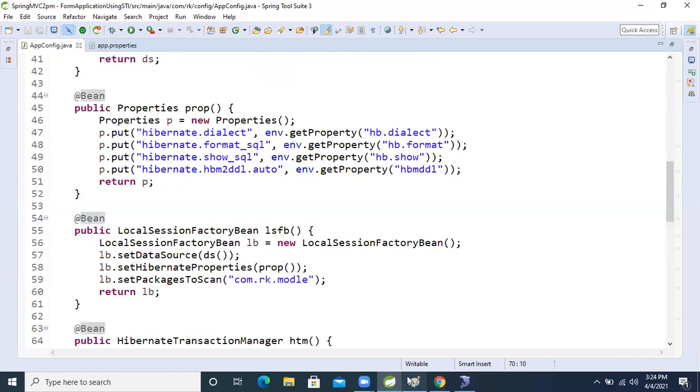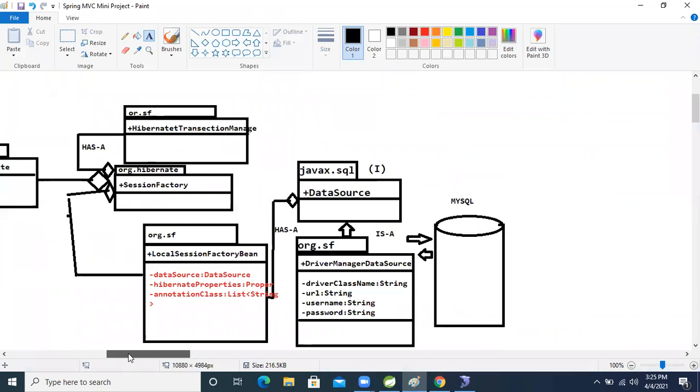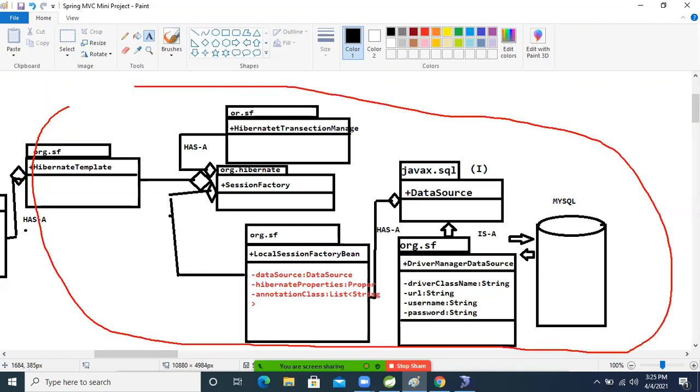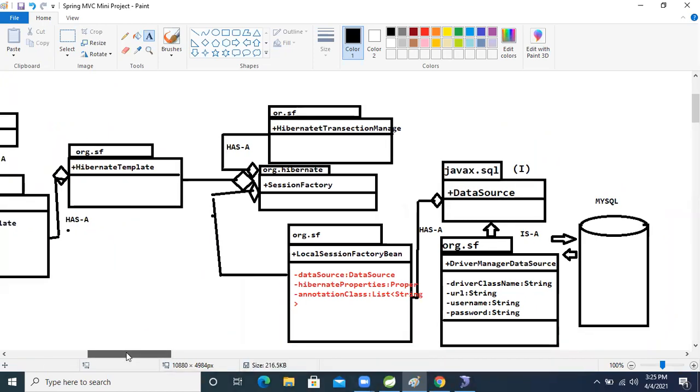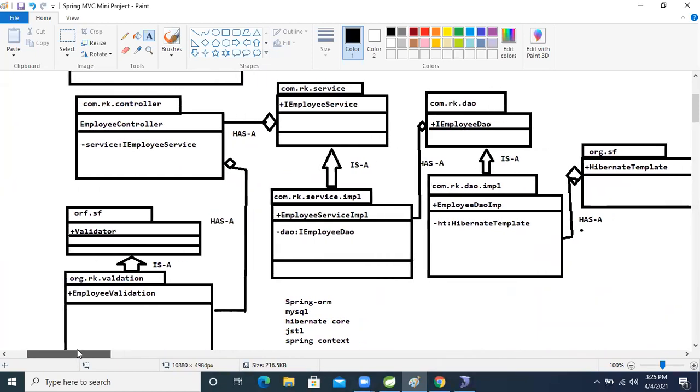Okay, guys, till now the things we completed, right? From here to here the things are completed. Let's create our own packages and classes, and we will start the work on that. Till now all the configuration we completed, based on our explanation. So let's move on, we will deep dive into our discussion and we will start the practical.